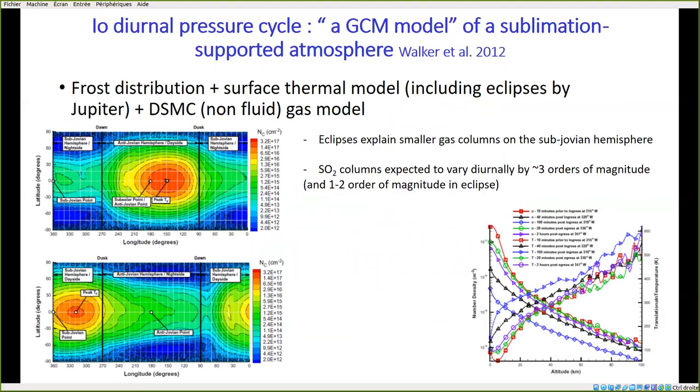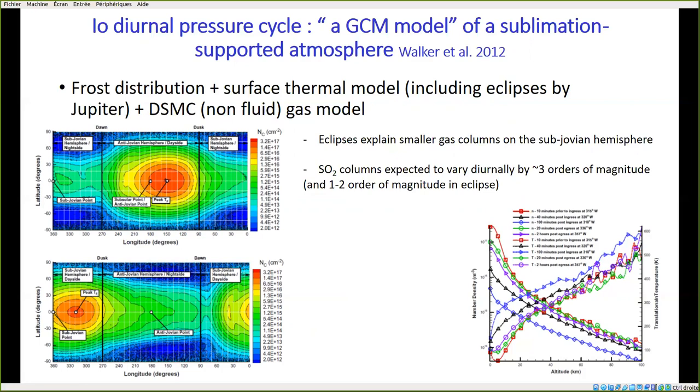As I explained, Io's atmosphere is not robust enough to maintain uniformity in surface pressure, so people have tried to model how the surface pressure varies horizontally and as a function of local time. So in some sense, these are the equivalent of the general circulation models we have seen for Pluto. These models include all of the relevant physics for calculating surface temperatures, including the eclipse by Jupiter, and then all the atmospheric dynamics. And a complication for this model is that because the atmosphere becomes collisionally thin on the night side, the fluid approximation does not hold, so particle models must be used.